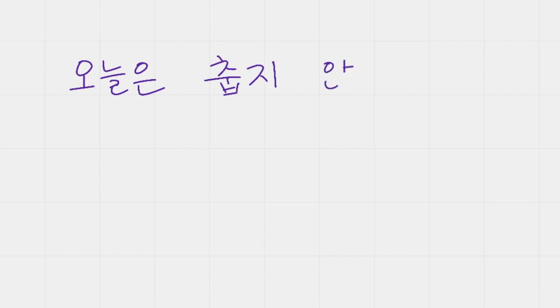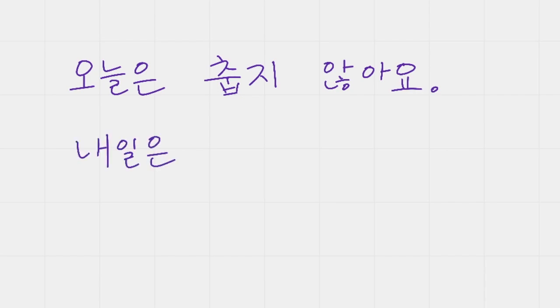So first sentence, it's not cold today. So today, 오늘. As for today, 오늘은 춥다. Using the stem and then add 지 않다, present tense, 않아요, polite form. It's not cold today. 오늘은 as for today 춥지 않아요. Not cold. The other form that we learned previously was 오늘은 안 추워요, right? It's interchangeable.